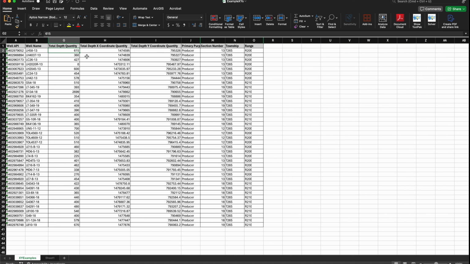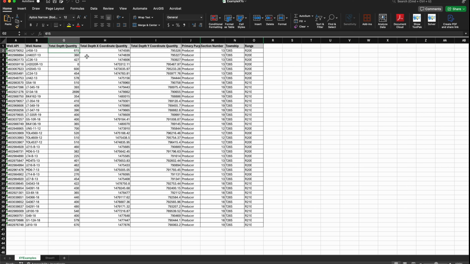These are all the data that I really need if I want to plot these in an ArcGIS map. Rather than going into ArcGIS Pro or ArcGIS Online, I'm just going to do it directly here in Excel, as intended. One thing to take note of is that if you're doing this on a PC, you may need to go up into the insert options, choose the ArcGIS extension, and toggle that on. Doing this on a Mac, all I had to do is open up that downloaded Excel file,